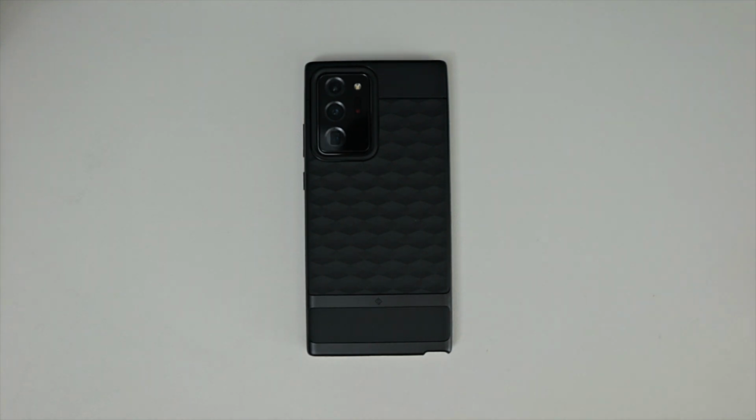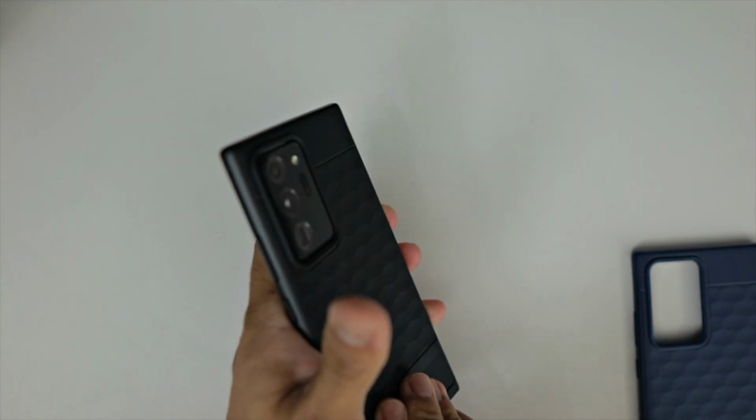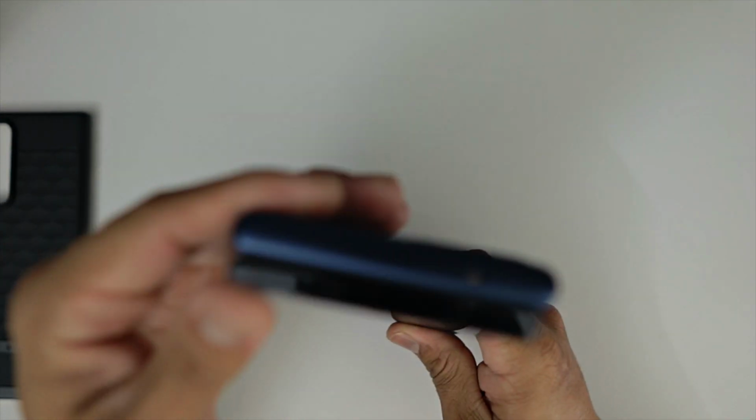Now I'm going to give you a quick look at the other colors so you can get a quick glimpse of the colors and what you might want to get for yourself. So that is your matte black one there, $13.99 with Prime shipping. Let's go ahead and peel that back. Now you have your midnight blue one. This one's going to cost you